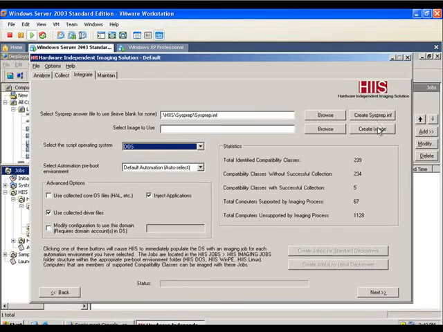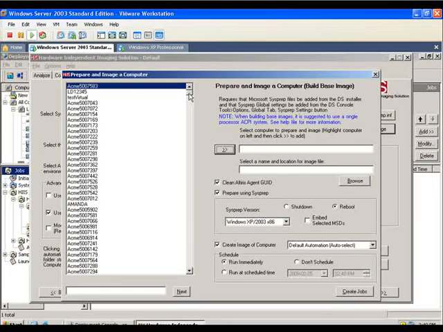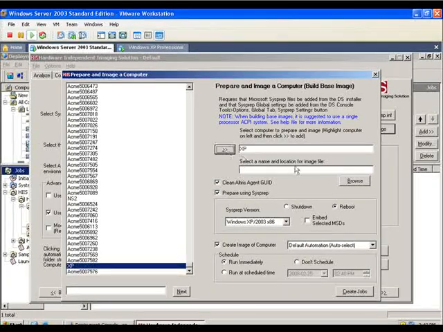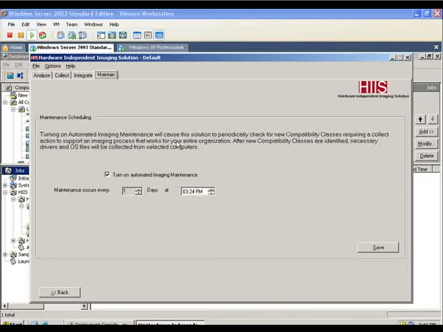and gives you the options to create an image in an automated fashion if you need to rebuild your template image, perhaps to update it for patches. It's very easy to do, and it even includes features to embed those hard to handle SATA SCSI mass storage controllers. Finally, HIIS allows you to schedule an automated maintenance cycle that will look through the deployment